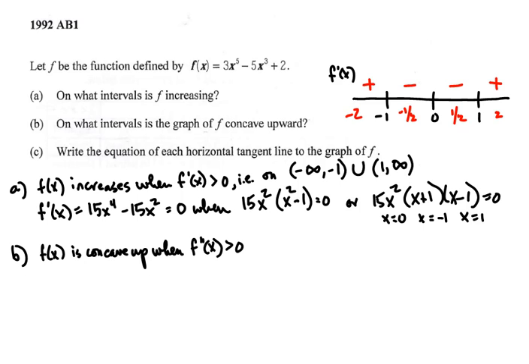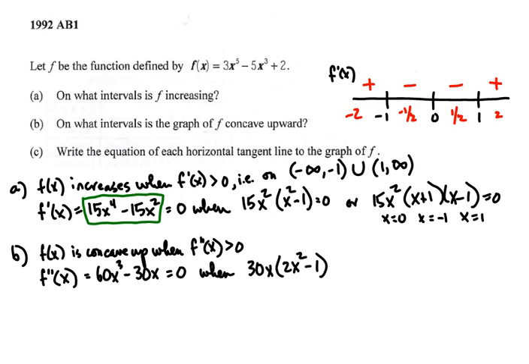So we need to find the second derivative and do a sign test very similar to what we did with the first derivative. Again, to find the second derivative, I'm not going to go back to the factored form because that would require a product rule with 3 different factors. Instead, I go back to the simplest form of the first derivative, and then I just take the derivative of that. So the second derivative will be 60x to the third minus 30x, and that will equal 0